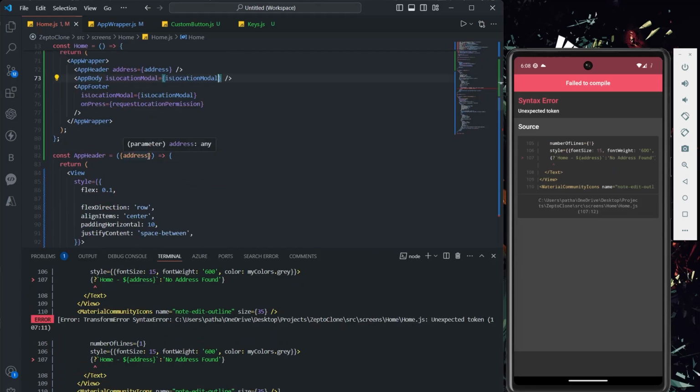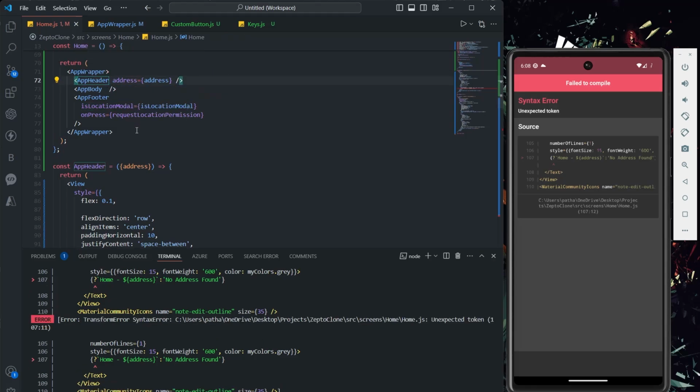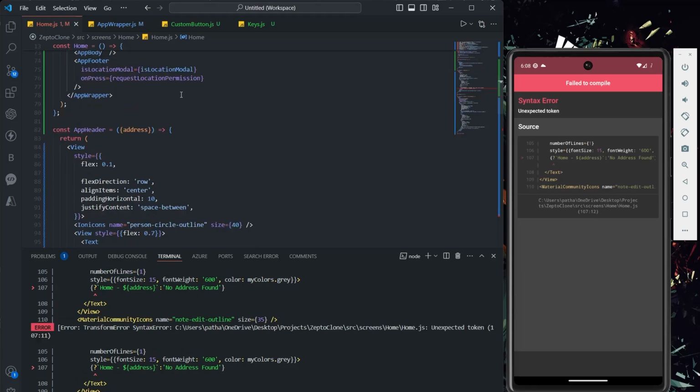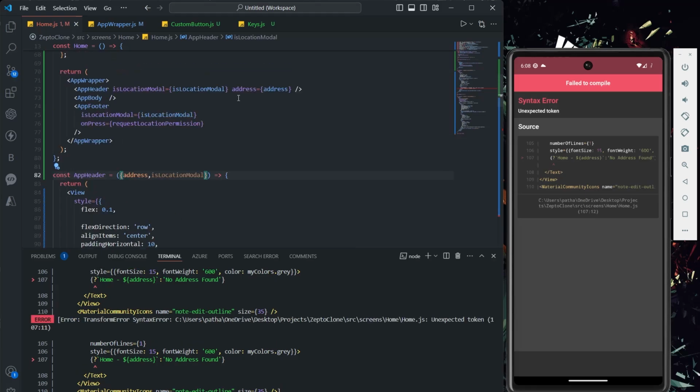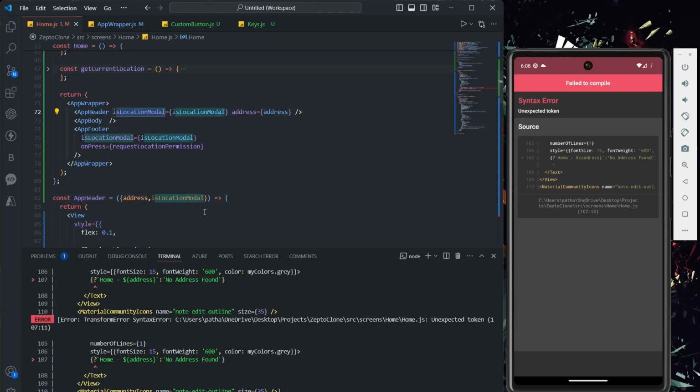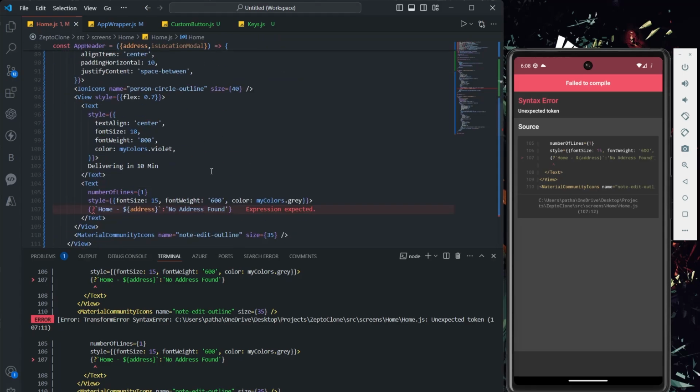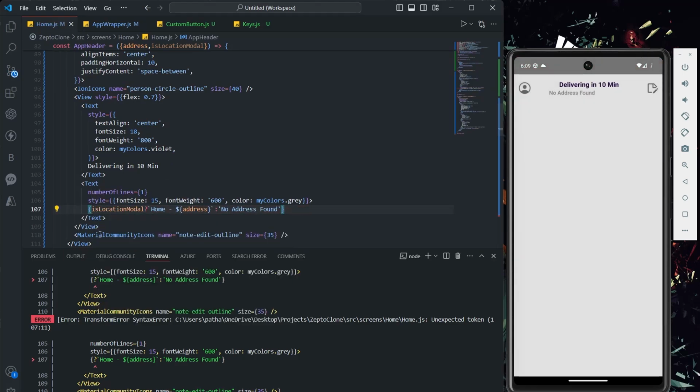Now in header, sorry, I need to pass it to the header, but I have passed it to body. It's fine, just cut that and paste it there. Call isLocationModel here, and make sure whatever name you pass here is the same, otherwise you won't get data, it will be undefined. If isLocationModel is true, that means the user didn't enable it. So what I'm going to show,